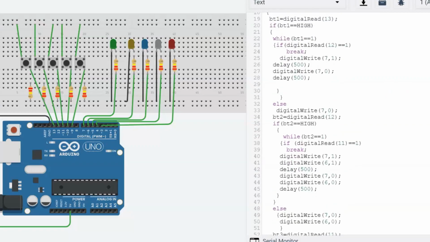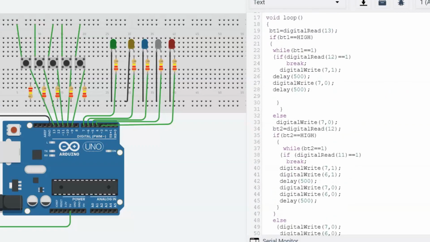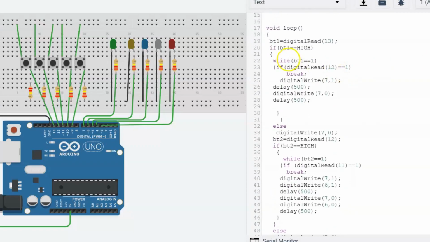And in void loop we are checking if vt1 equals digitalRead of 13. So we are first of all reading the signal at digital pin 13, and if it is high, the data will be stored in vt1.